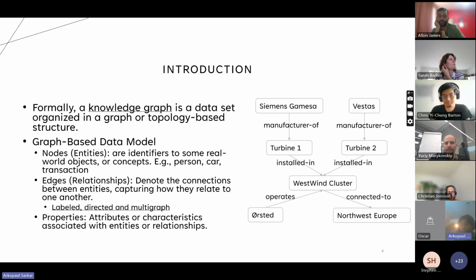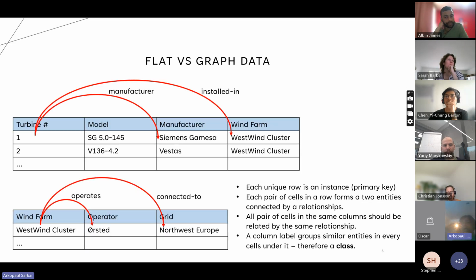An important point to note is that this is a labeled, directed, multi-graph. Labeled means that all the nodes and the relations have some label. It is a directed graph, which means the edges are unidirectional, and it is a multi-graph, which means that two nodes can have multiple edges with different labels. Also, a knowledge graph admits what they call properties, so you can add key-value pairs in both nodes and relations. It's easy to visualize, and it comes in really handy in many different